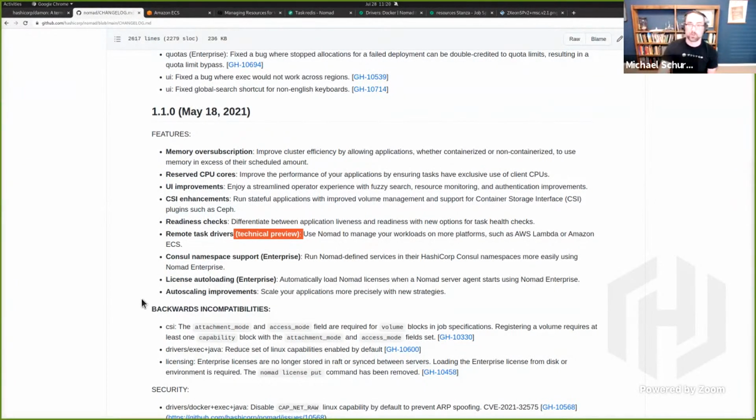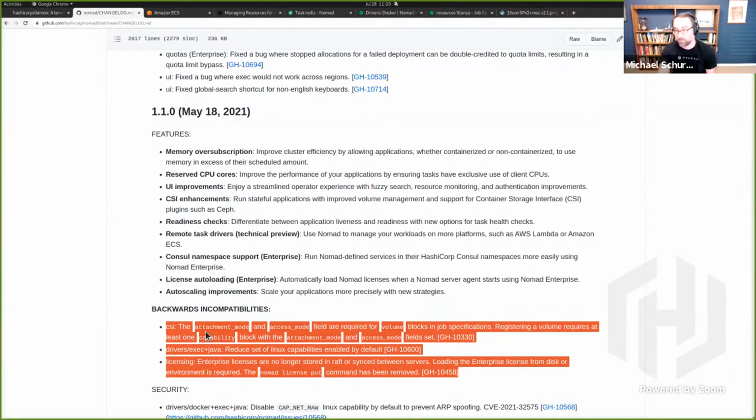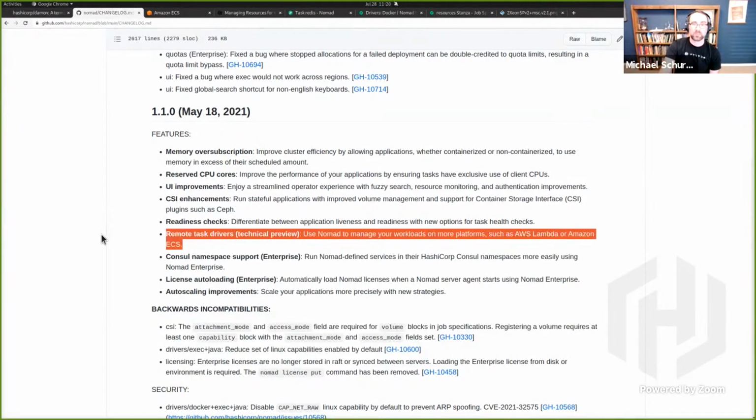In our changelog, you should always see every little change that could affect backwards compatibility called out. So we wanted to label remote task drivers as defensively as possible to give users the biggest opportunity to give us feedback and have a lot of impact on the design. But anyway, enough about that. Let's get into what it actually does.